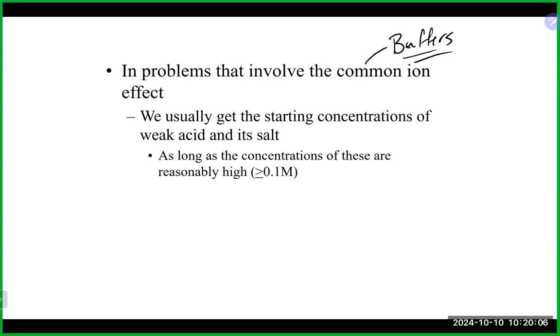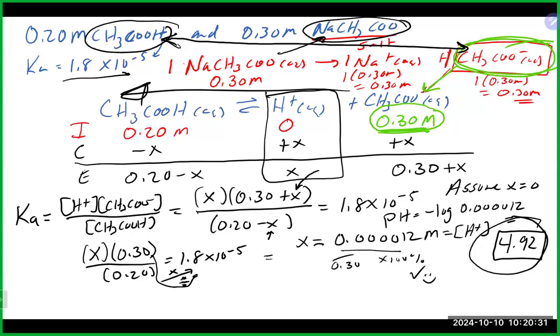And if you have that type of situation, either a buffer problem or maybe you recognize it as just a common ion problem, and the starting concentrations are relatively high,